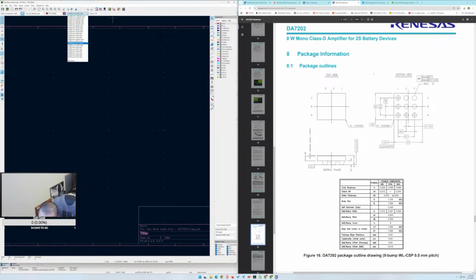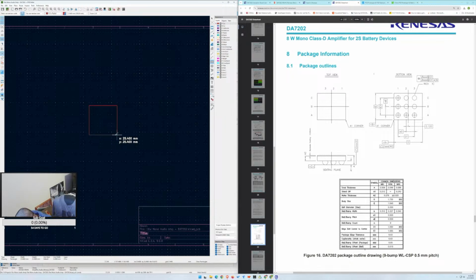If I'm not mistaken, they went to 100 mils. And what we're gonna do is make a box, I think. So this is 1.54 mils